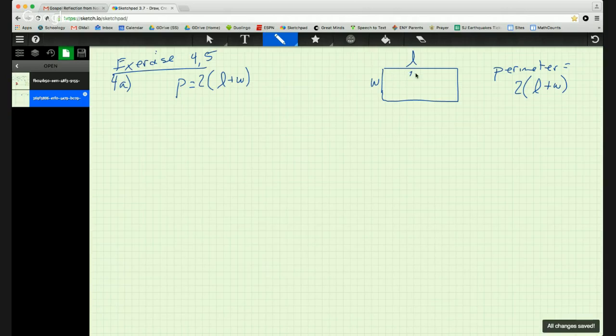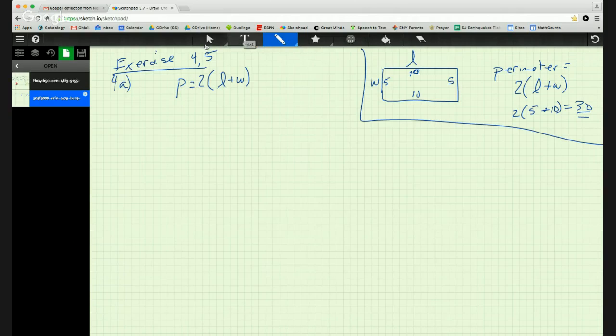So if this was 10 and this was 5, our perimeter would be 2 times 15 or 30. 2 times whatever equals 30. You can see that because this length would be 10 and this length would be 5. So you'd have 5, 10, 5, 10, 30. Okay, enough of that. But the point here is we want to solve this